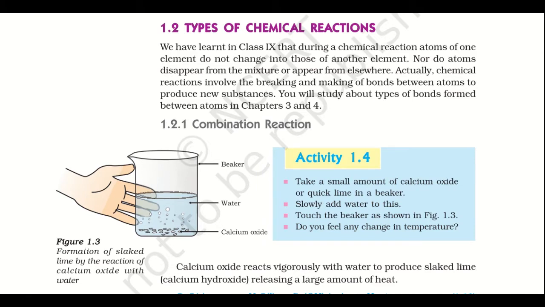Our today's topic begins with types of chemical reactions. Now, as you have gone through in the earlier video about the reactions and the equations of chemicals, today we are going to understand more how reactions conduct themselves. To understand better, we have categorized the chemical reactions in 5 major parts. The first chemical reaction that we are going to study is the combination reaction.